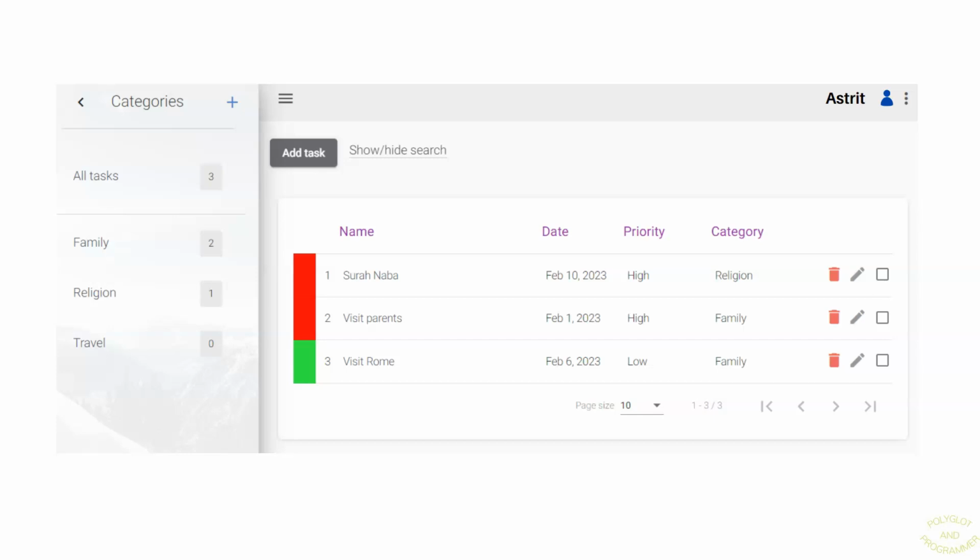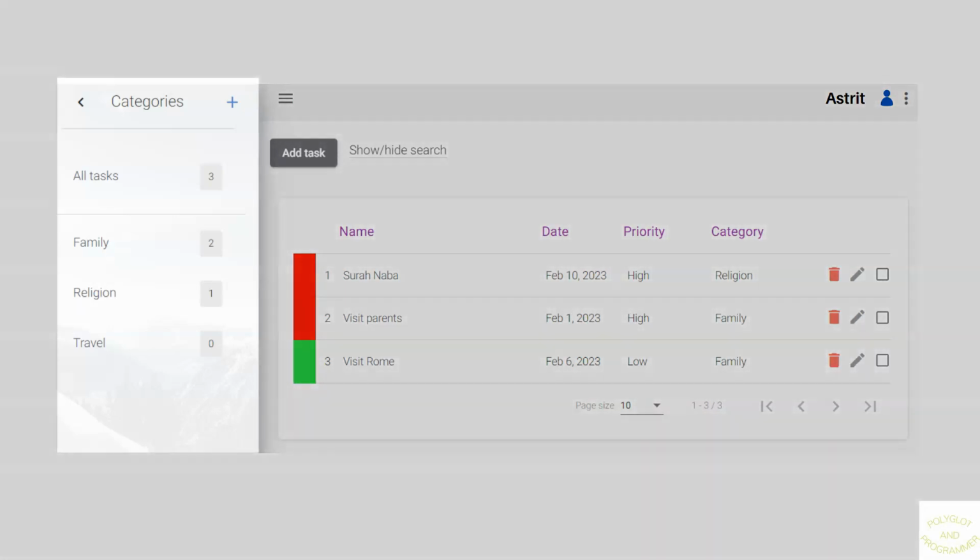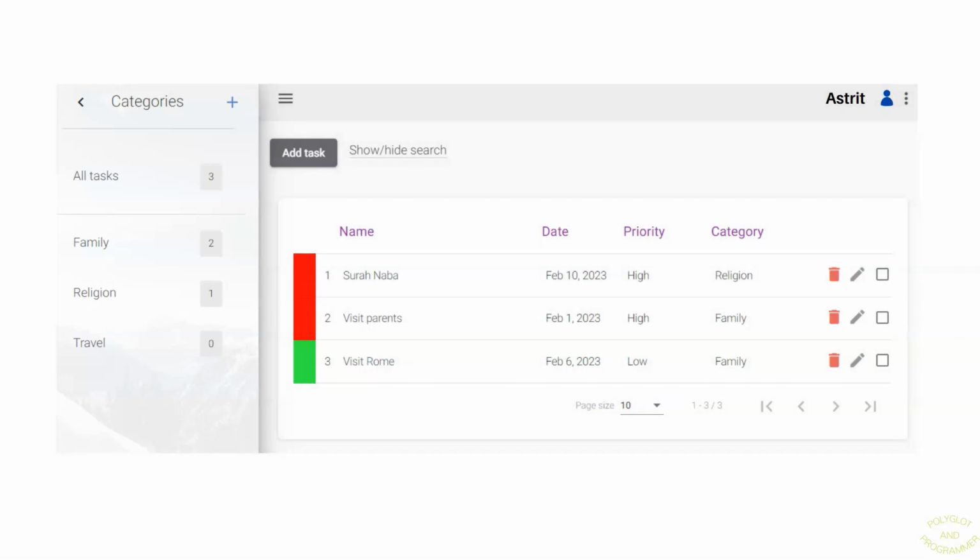All right, let me show you another mockup here very quickly. So we extended the sidebar, and here you see also a list of categories on this page. As you know, the users of our application can categorize their tasks. Here you can see for the family category, we have 2 tasks. For religion, we have 1, and nothing for travel. In our system, a task can be under only one category. So let's try to imagine how we might represent this relationship and how we might describe it with the terms of one-to-many and